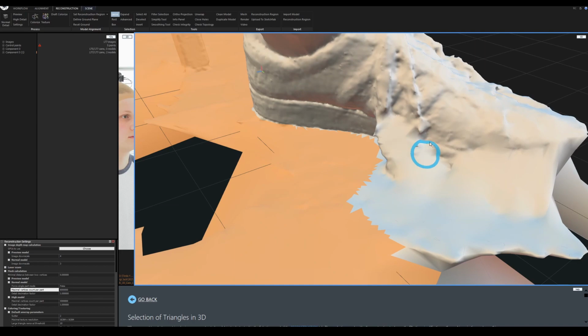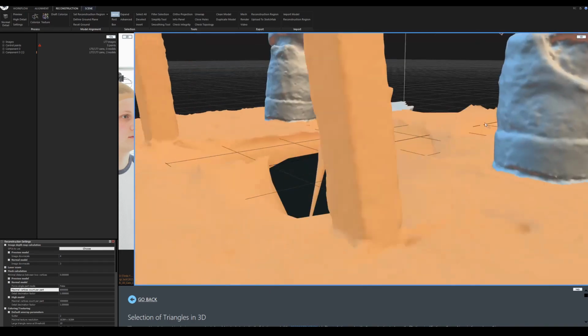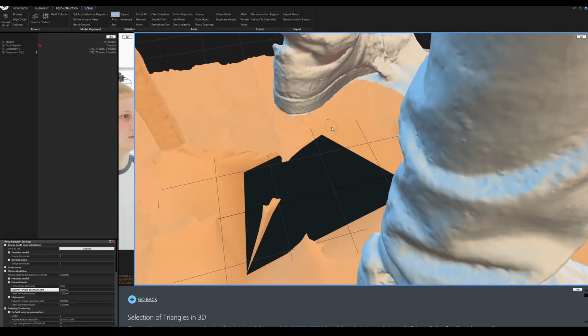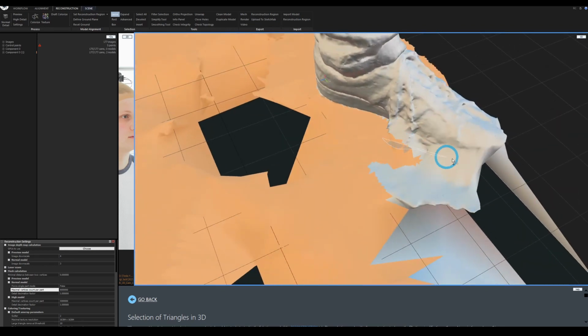So you can see this is the lace loop here, and it goes in here, but I think we're just going to have to kill it all. Just get rid of all that. It's a shame because I would have liked the shoes captured, but